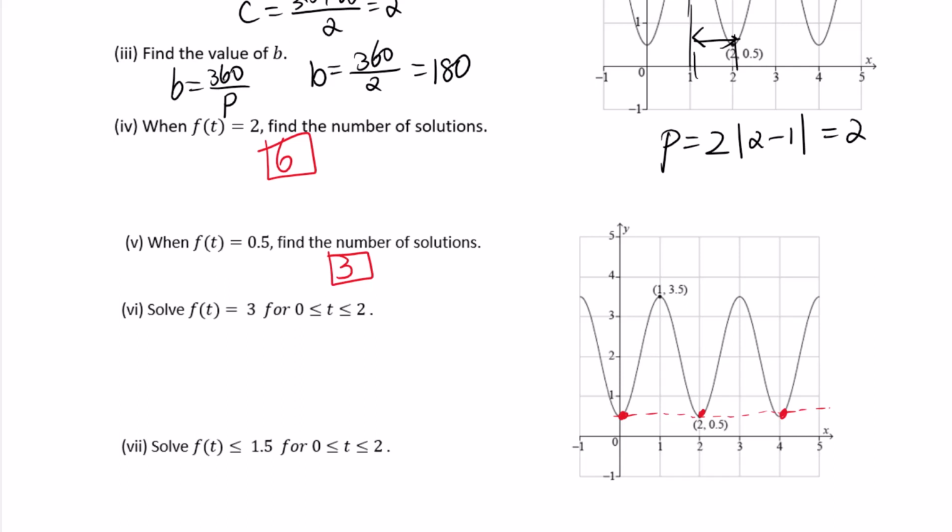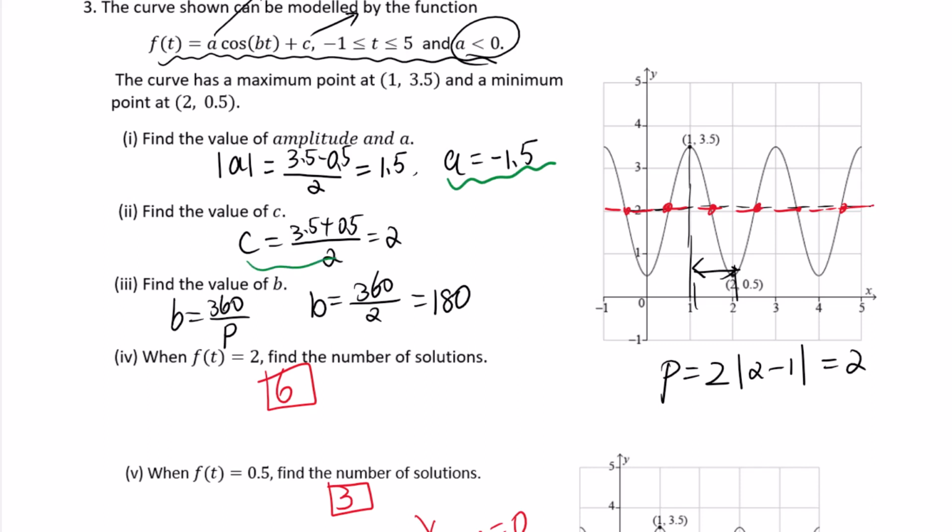Question 6. Solve f of t equals 3 for t greater than or equal to 0, less than or equal to 2. We are given this domain. So when you use a graphing calculator to solve, you have to set up x minimum equals 0, x maximum equals 2. X scale will be period over 4. Since we already figured out